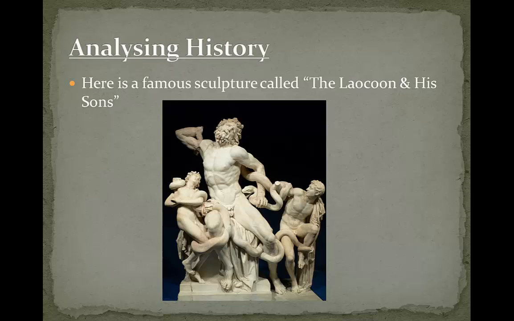It's probably one of the most famous sculptures in all of art history, and it actually has a story behind it, which we're going to analyse and look at why it was made to look like what it does. So the story behind it was the man in the middle, who is Laocoon, was a famous Trojan priest, and in ancient times when the Greeks besieged the city of Troy,